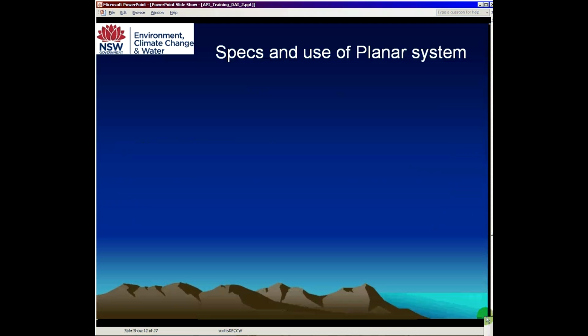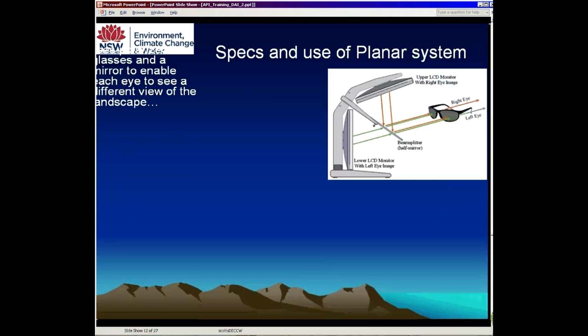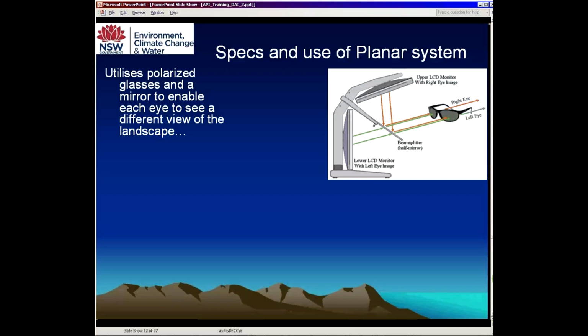Let's talk a bit about the planar system and how it deals with these things. As I mentioned before, the two monitors are separated by a semi-silvered polarizing mirror, and in this situation you can see that the right eye sees imagery from the top monitor because it reflects off the mirror. The left eye sees through the mirror and sees the imagery from the backward monitor behind the mirror, and the function of the planar system that achieves this is the flipper card, which is actually fitted into the computer,